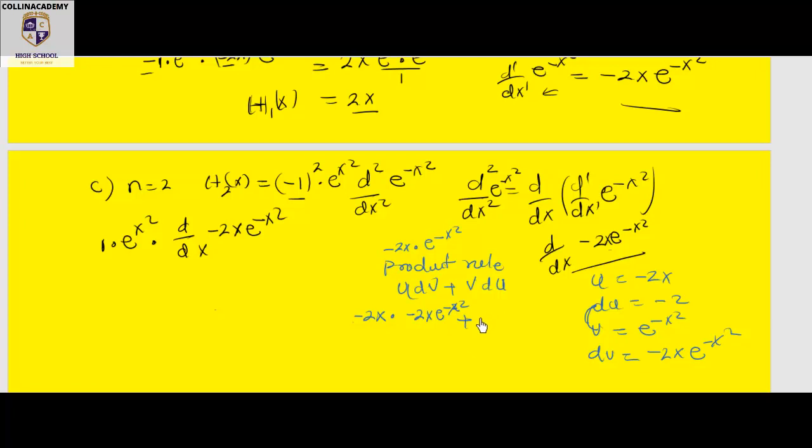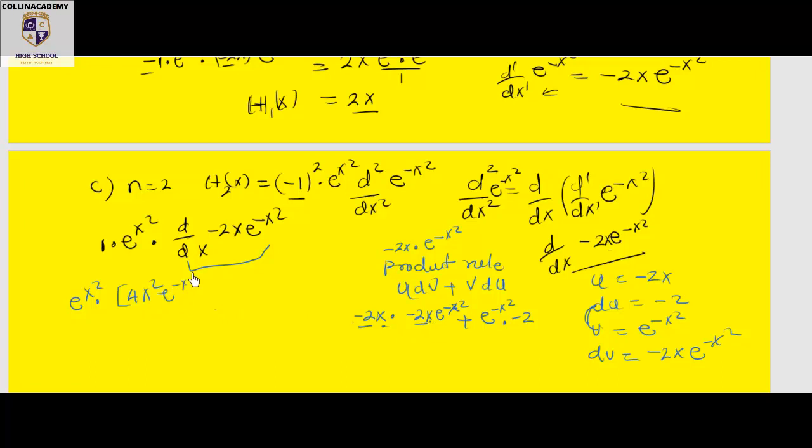The v is exponential negative x squared times du, which is negative 2. So let's bring it over here and substitute. It will be e^(x squared) times, in the bracket, negative 2 times negative 2, that is positive 4x squared, because we have an x here times this x,